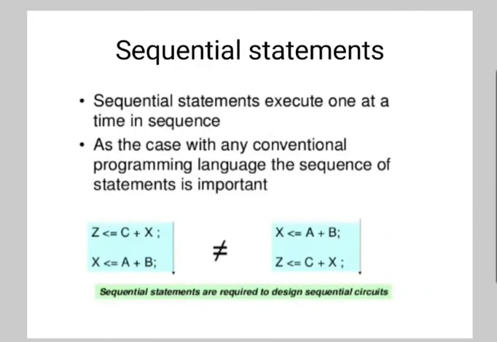So the next type is sequential statements.